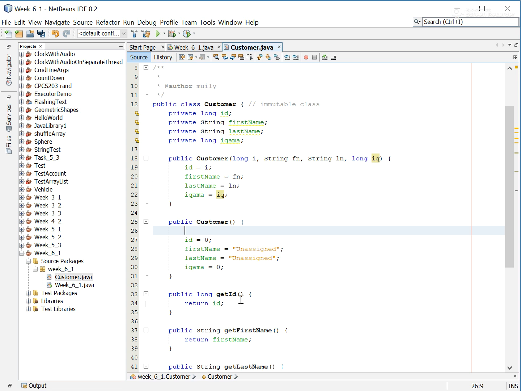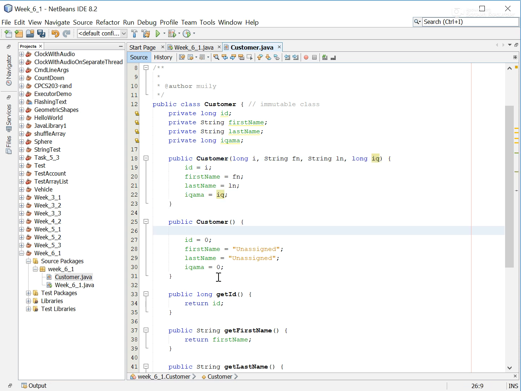Over here, I'm assigning four values, 0, unassigned, unassigned, and 0, to these four data members. Kind of the same thing that this customer constructor method is doing. Now, since I already have this method, which is assigning four given values to the data members,